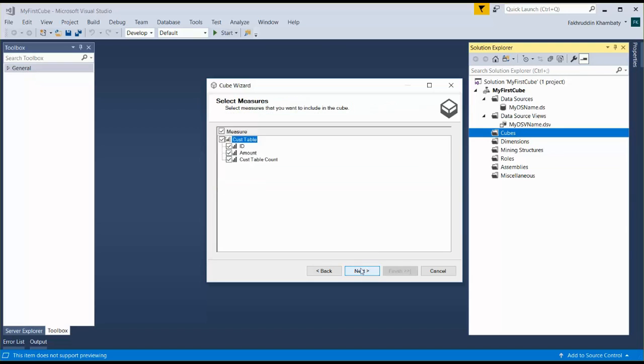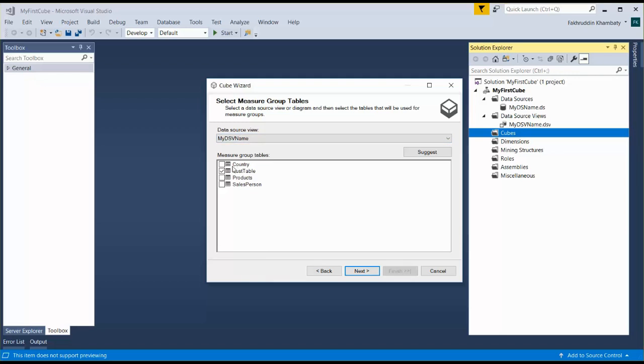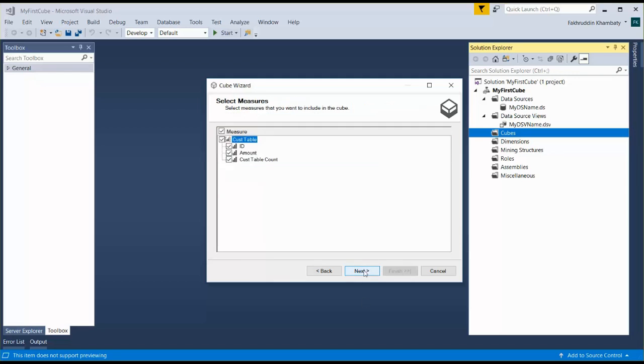And I'll click on next. It will ask me to select measures. Now remember, in the previous screen we selected a measure group. In the next screen it's giving me the option to select measures. Do I want to do any kind of a calculation on an ID? No. But amount, definitely yes. A count of customers, what if I want to find the number of customers in a particular country under a particular salesperson doing a sale of a particular product?